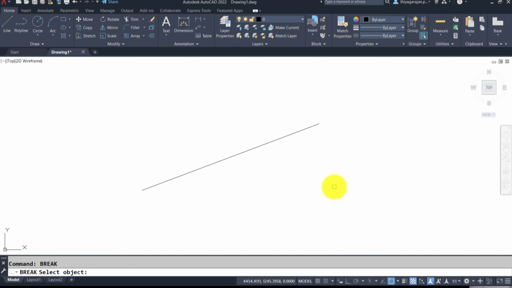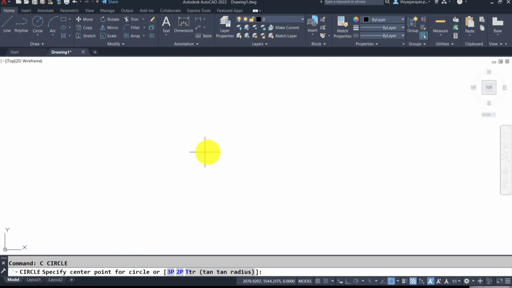I'm using the break command, point 1, point 2. Now these two are collinear. You can see this line and this line are separate lines. I can use the join command to join these two pieces. It will become a single object.